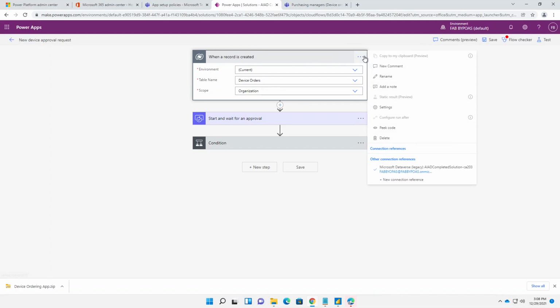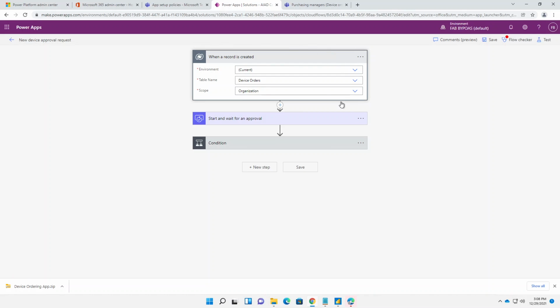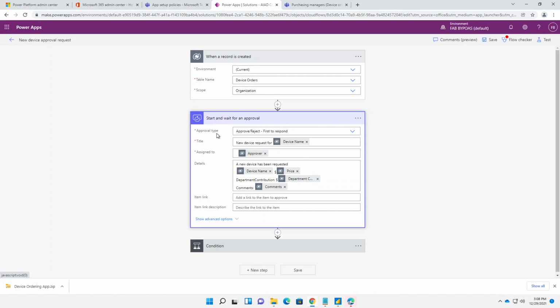So this here is a connection to Dataverse. And this is the trigger, this is what starts the automation. When a new record is created in the environment, in the table called device orders, then it will start and wait for an approval. So it creates an approval inside the